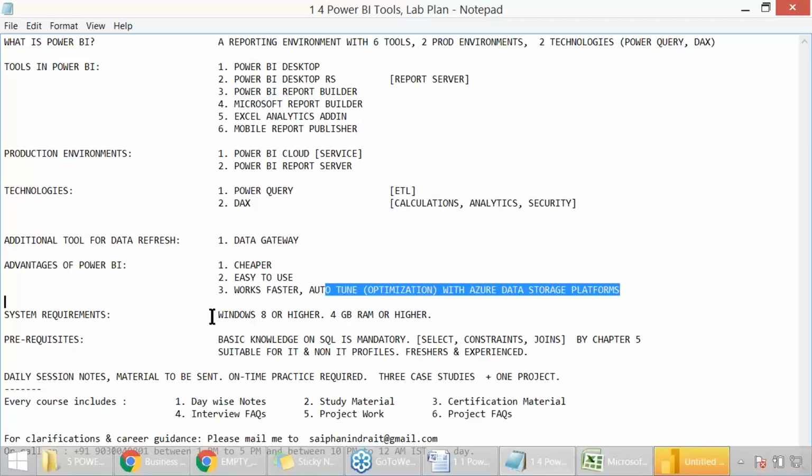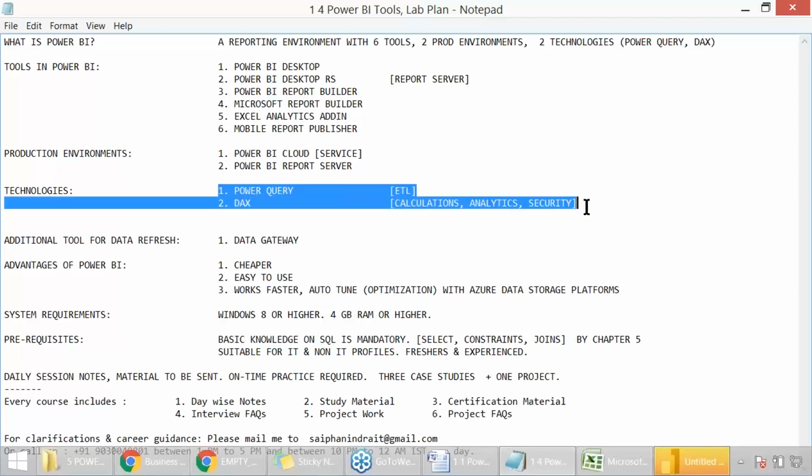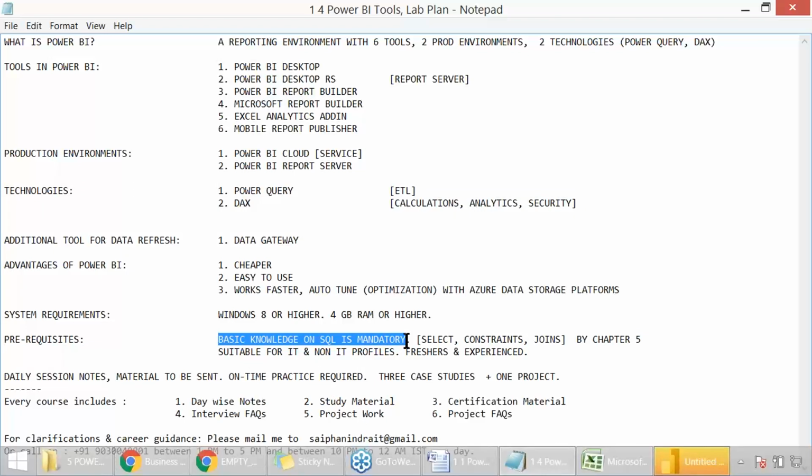We need Windows 8 or a higher operating system. And the prerequisites include basic knowledge of SQL, mandatory, mainly for data modeling and Power Query. I said 50 examples on each of them. Yes, we mean it. So to enjoy the actual purpose and the meaning of every example, we need to have basic knowledge of SQL.